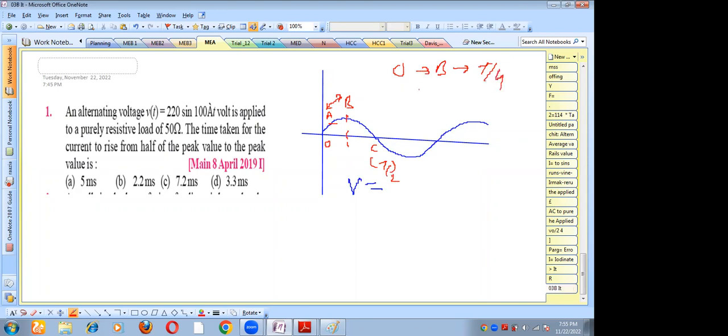And we can calculate the time taken in moving from 0 to A, right? How to calculate? V is given. So here we can put the value 220 sine